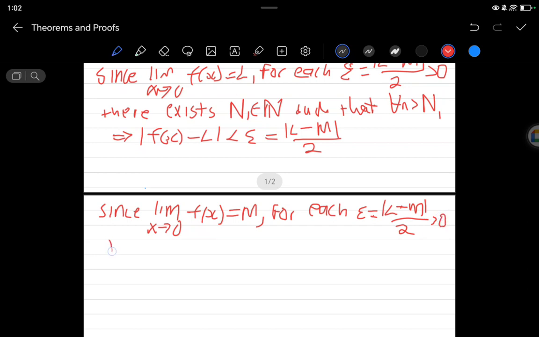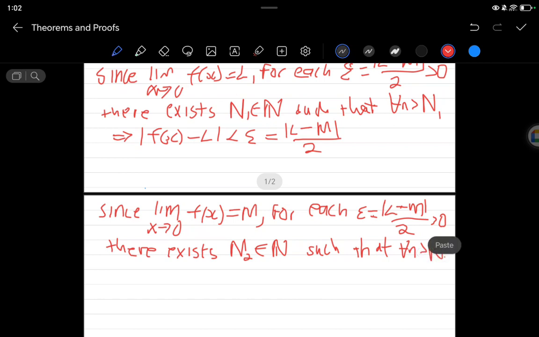And then I would say there exists n subscript 2, an element of the natural numbers, such that for all n greater than n subscript 2,